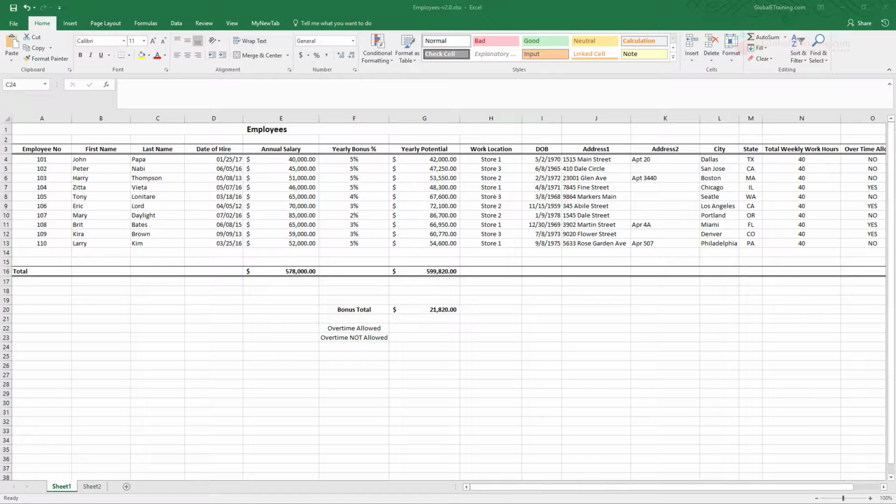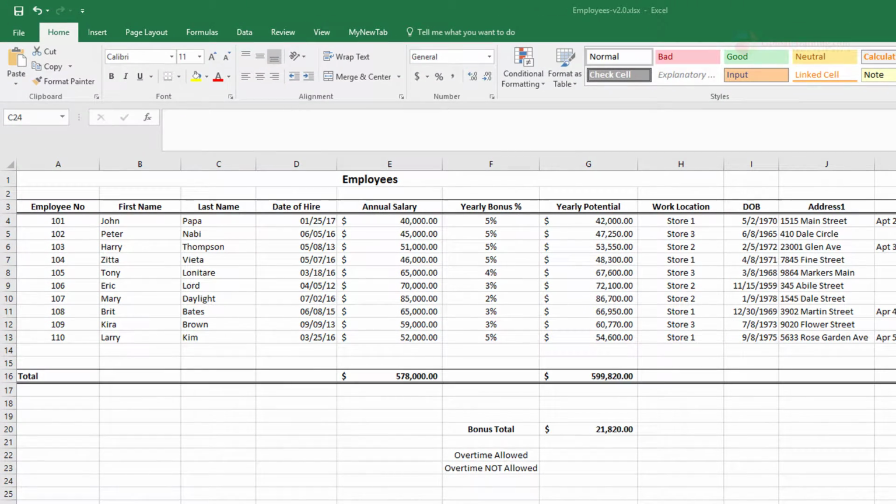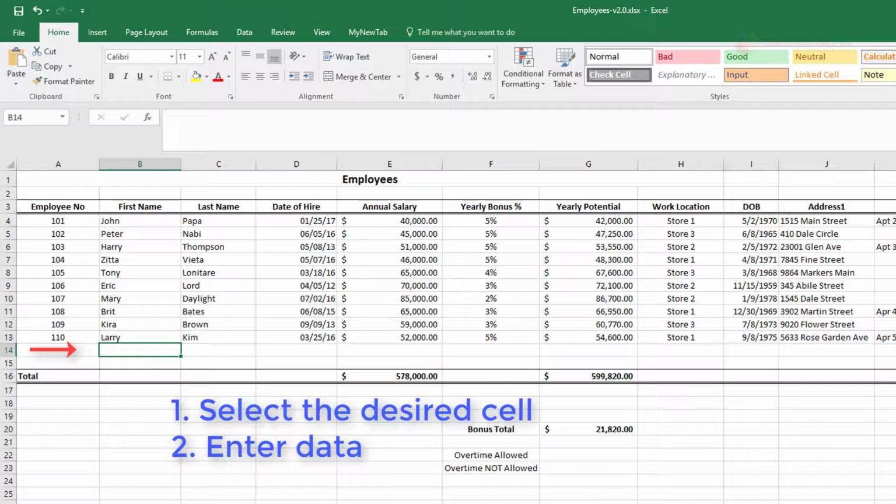So now when it comes to entering data, of course you can go to the cell directly and enter the data, or you can use a formula bar. Let us first see how we can enter data into the cell directly. We'll first take a case of an empty cell. For example, B14. Here, let's say I want to enter data. All I'm doing is moving my mouse, selecting the cell, and I'm entering the data. Say for example,